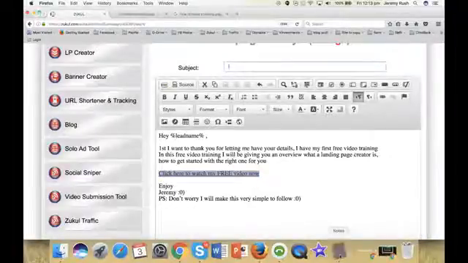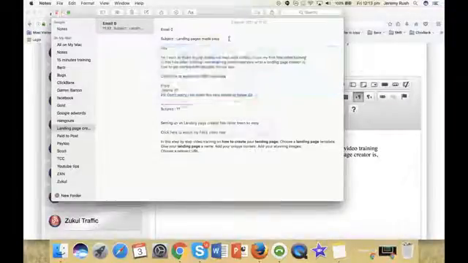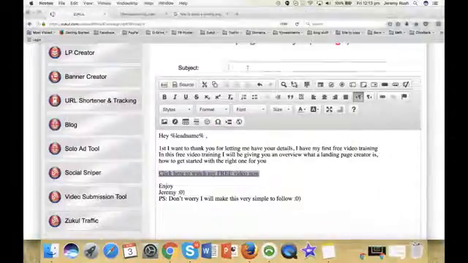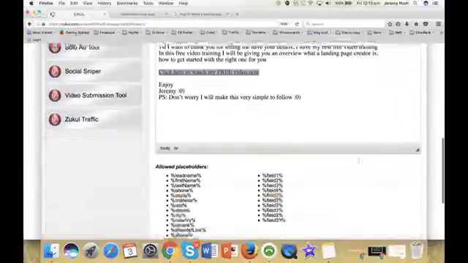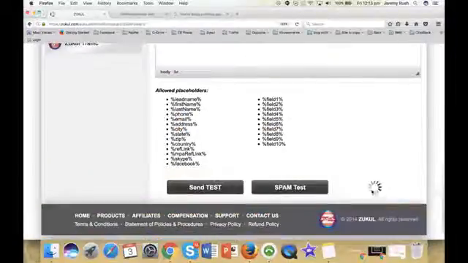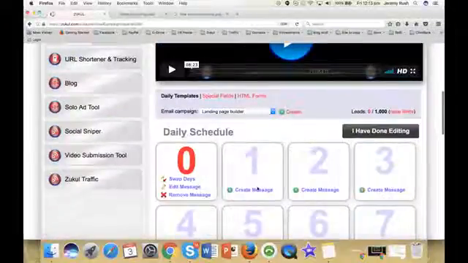So I'm going to go and get my subject line for my first email, and I've got my subject line. If I can, copy this. I'll do it using the touchpad. So copy that, and then bring that over to my thing here. And what I'm going to do then is I'm going to save the email campaign. Okay, save it.